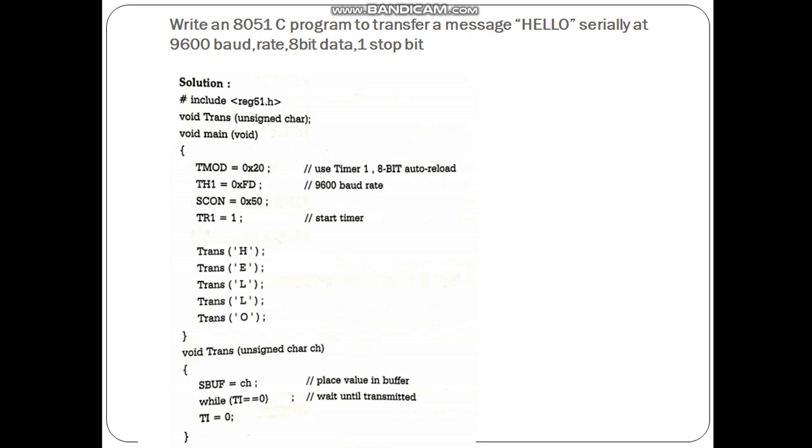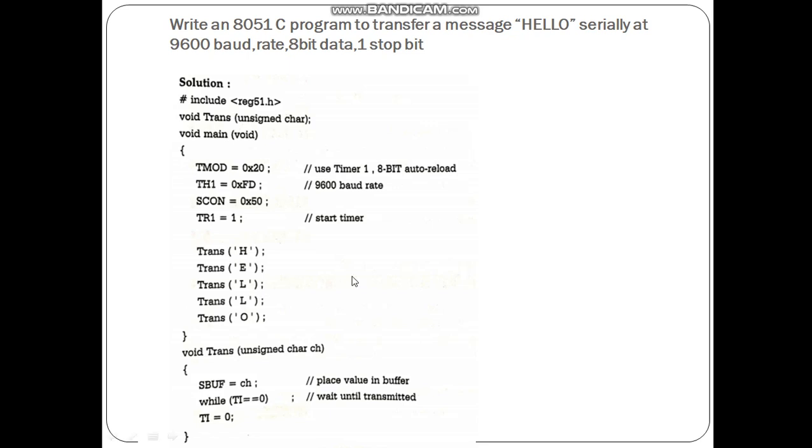That is done using the instruction while TI is equal to 0. So continuously this instruction will be executed until the character H is transmitted. Once a character is transmitted, then TI has to be made 0 to enable transmission.